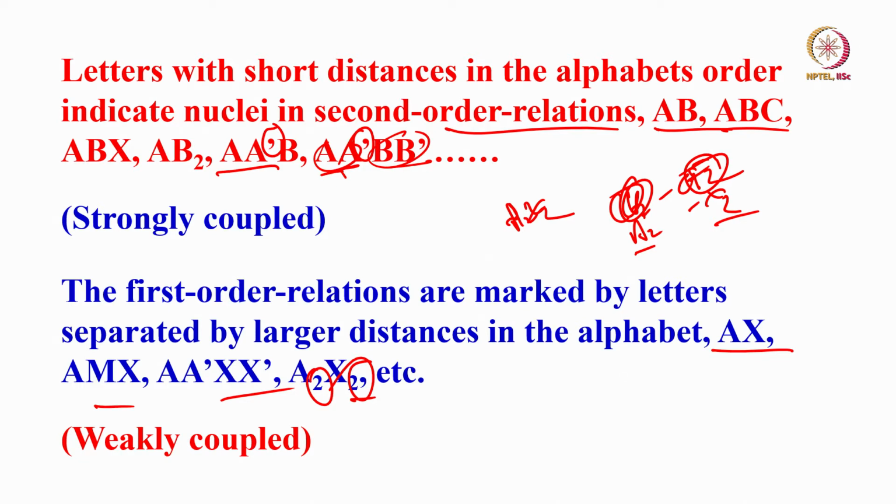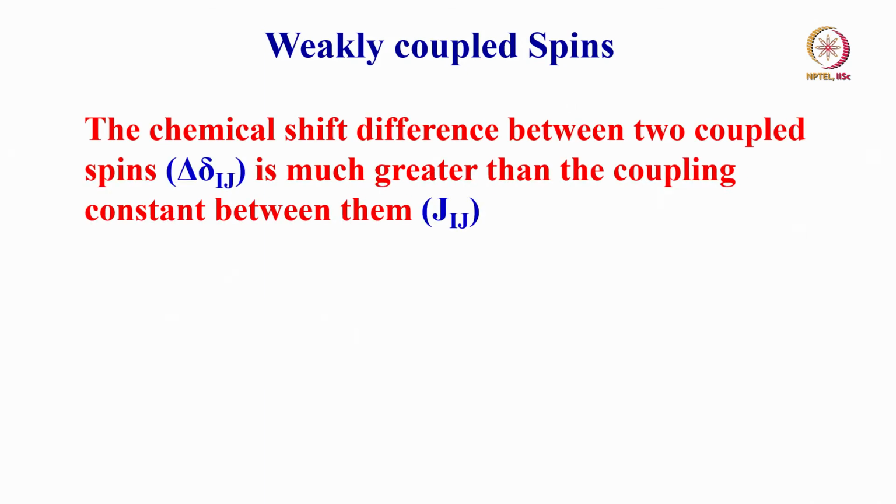So this is how I gave you a brief idea about how to give the nomenclature for a coupled spin system. We discussed the proper nomenclature more in the previous class. All of you can see the previous course and you will understand.